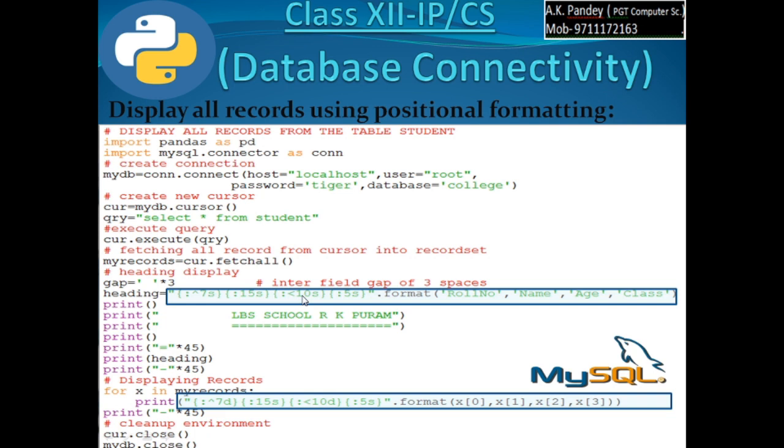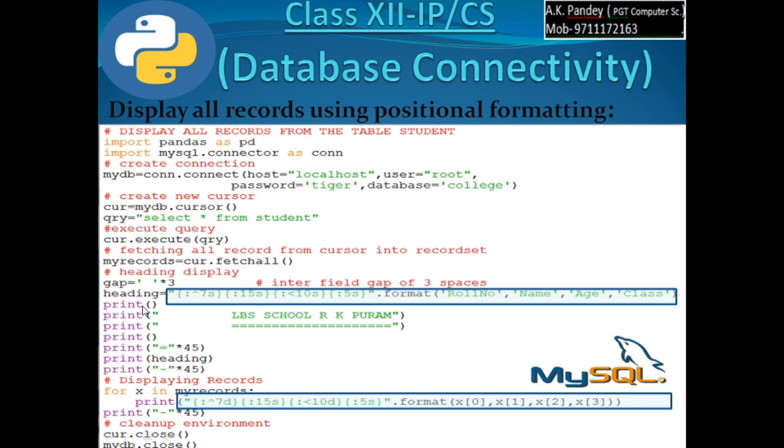So for spacing we have taken 10 here, so 3 characters will be for the age heading, and the content of age under the age heading will be hardly 2 digits, so 8 spaces will be there and it is left aligned. Similarly 5 spaces for class. Here is class, 1 2 3 4 5, and under this class heading it is left aligned, meaning your class will start from below the C. So this is for the heading purpose.